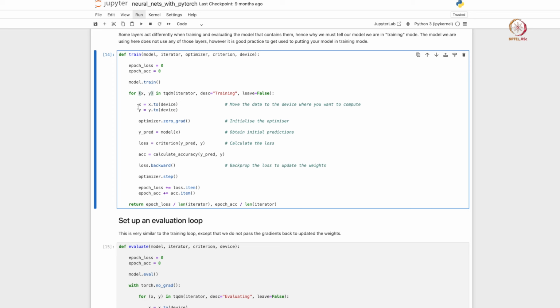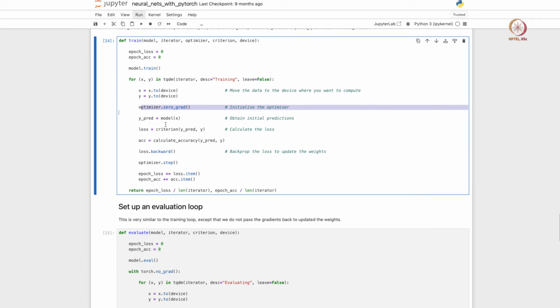So we declare this train function here, and what we do in this train function is that for each data point, x is your features and y is your target. We first put both the data points within our device. You have to export the data points, so whether it is in your CPUs or in your GPUs, you have to put the data there, and then PyTorch will do the fitting on the device, right. So you put the data in the device, and we initialize the optimizer, which is Adam, and then we get an initial prediction, or whatever prediction we have.